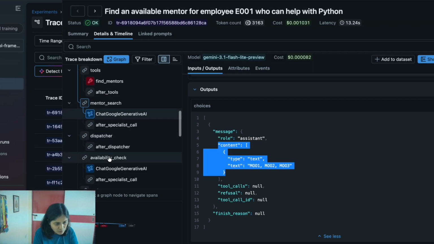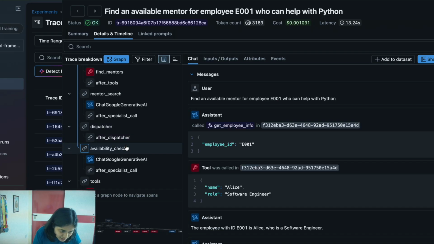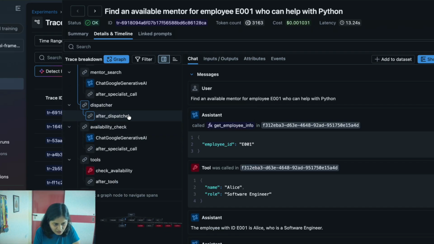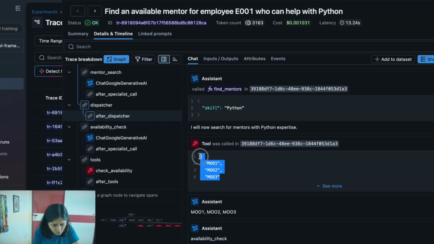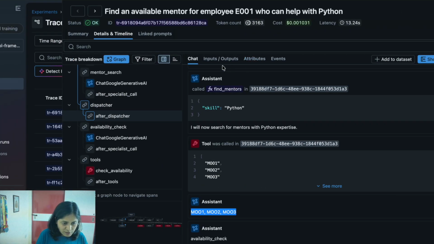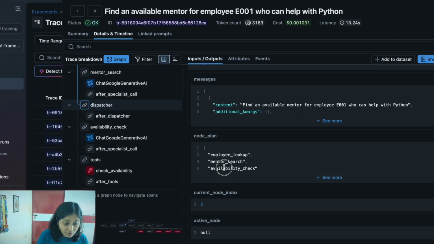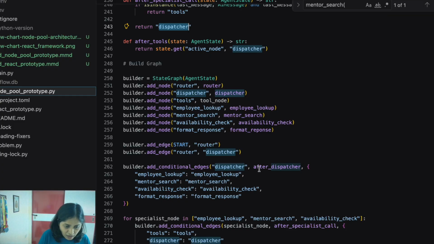Now again we'll go back to dispatcher, and dispatcher will do what? Dispatcher will go to the next node in the plan. So here it will go to availability check. After dispatcher call will be made with this information, the assistant will be given this information, and once dispatcher has returned availability check, this after dispatcher function will be executed, which will return availability check,